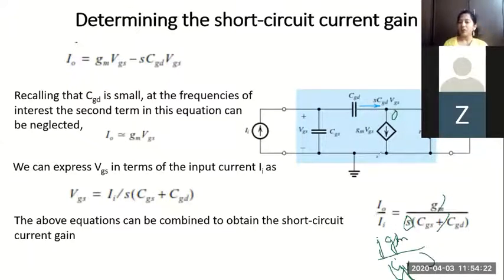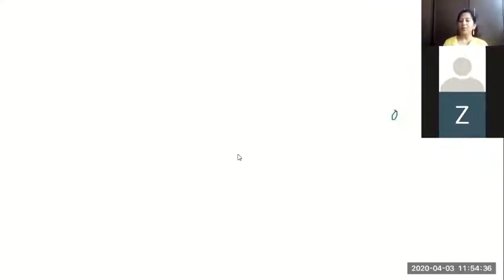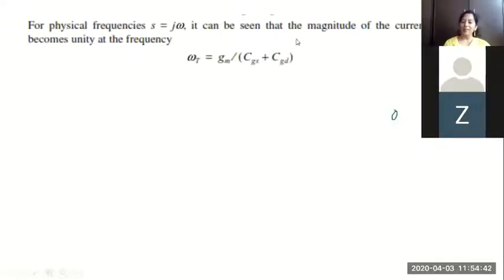That is our definition. We have defined this short circuit current gain as 1. When it is 1, that is called our transition frequency, and the value of that transition frequency is given with this. Okay, so if the derivation is difficult, you need not remember the whole derivation here. You can just remember the value of this transition frequency omega t. So we can skip the derivation, ma'am? Can we skip the derivation? You can skip. If you don't follow, you can just skip the derivation and try to remember this formula.